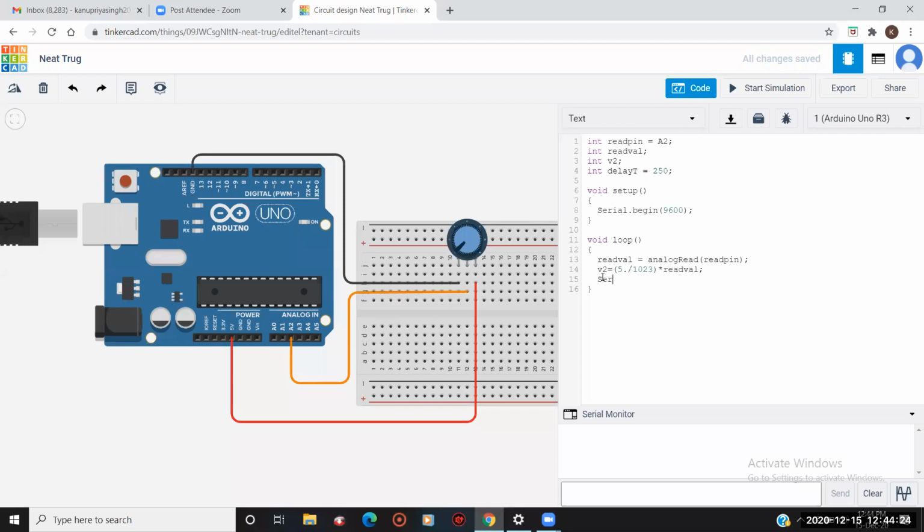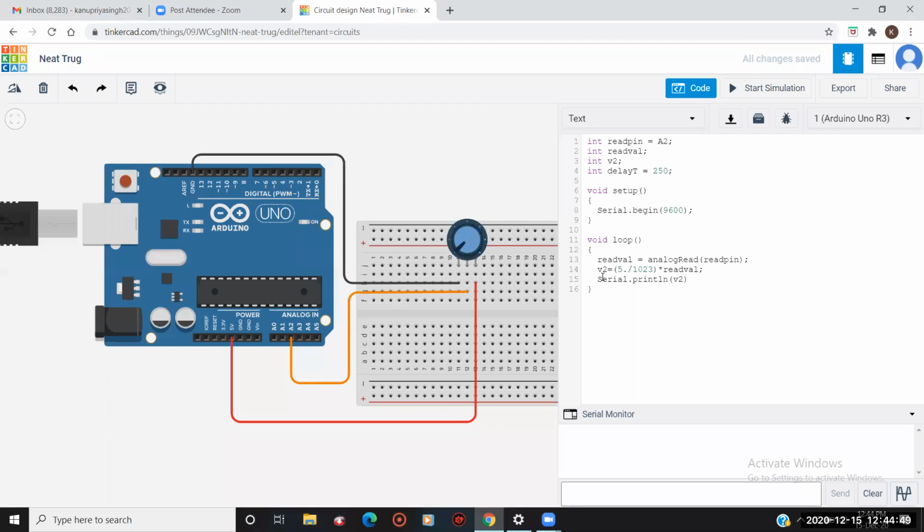Okay, so we know how to print on the serial monitor, right? What command do we use? We use serial dot print, and if we want to print our data on the next line, then we give the ln function also. So here I'm adding serial dot println, and what do I want to print? The output will be my v2.